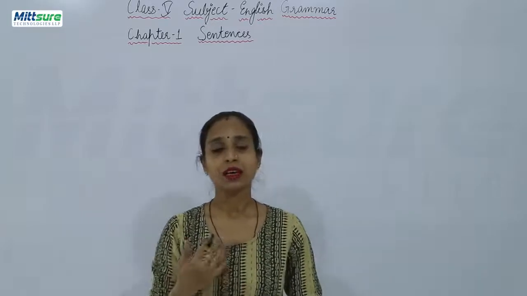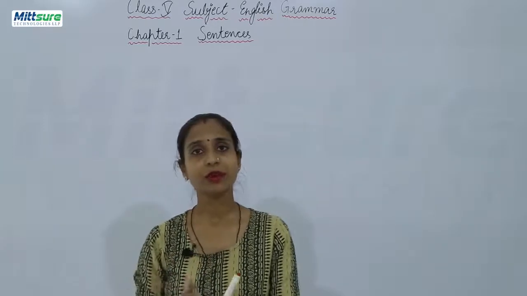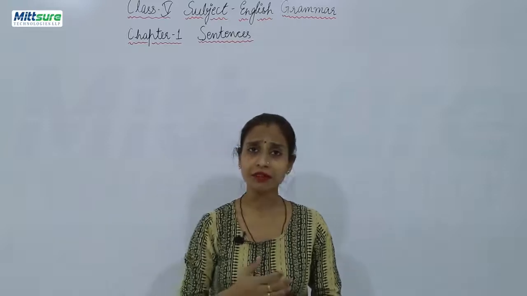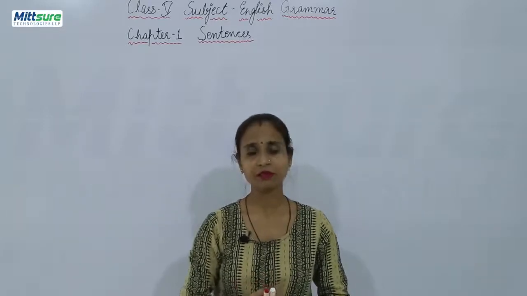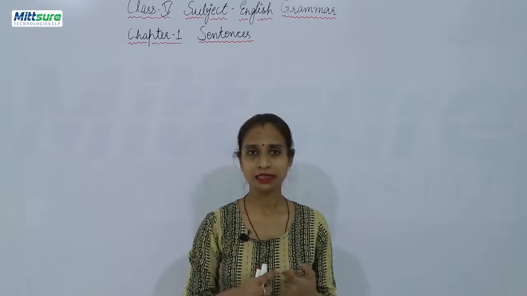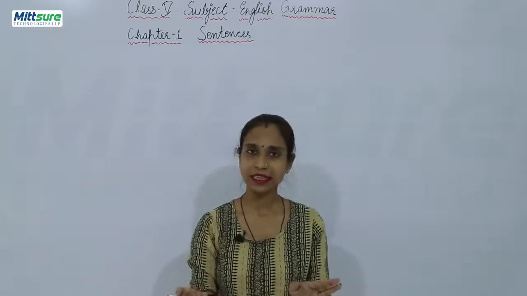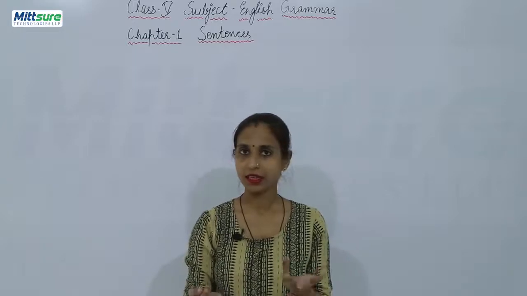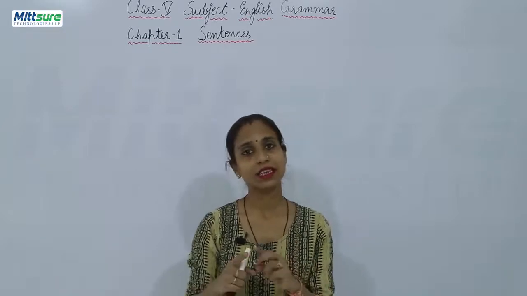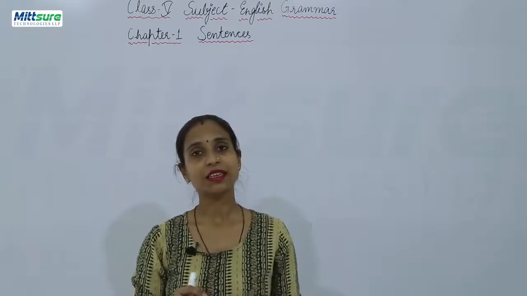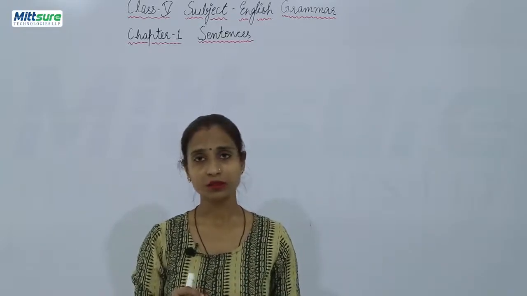Then we learned how many kinds of sentences there are. We learned that there are 5 kinds of sentences. First is the assertive sentence, a simple declaration, simple sentences. Then the assertive sentence is divided into 2 parts, that is positive and negative. The second kind of sentence was